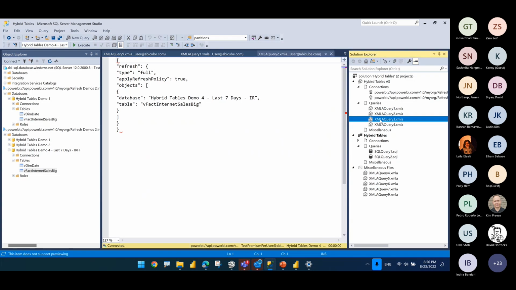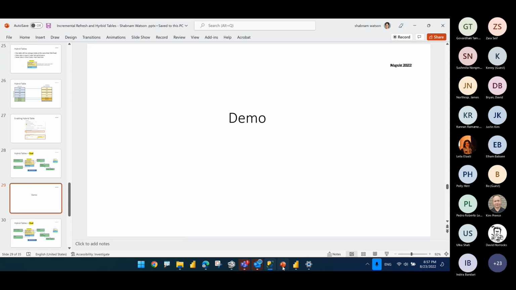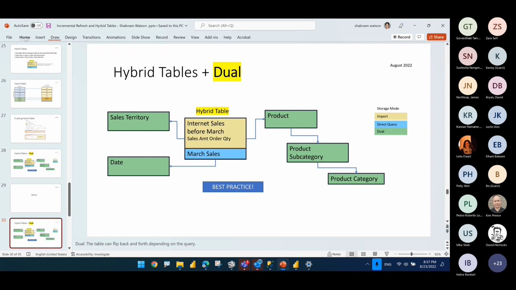The other thing you can do, if you are testing for demos or other testing purposes, is force the day that it thinks is the actual day. So I can force this one to think it's August 1st, or I can force this one to think it's January 1st. That way, if you're playing with the partitions and seeing how many chunks it creates, this effective date is the nice way to do it. Okay, all right, so that's the end of my demo. Let me go back to the slides real quick.